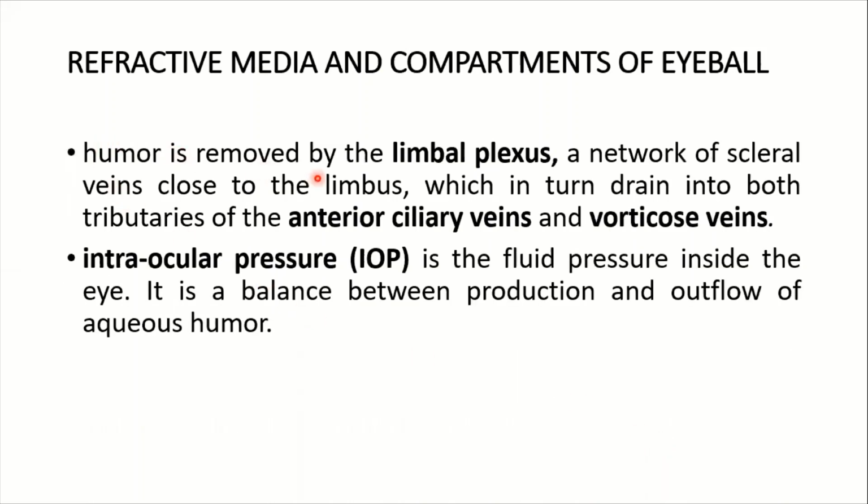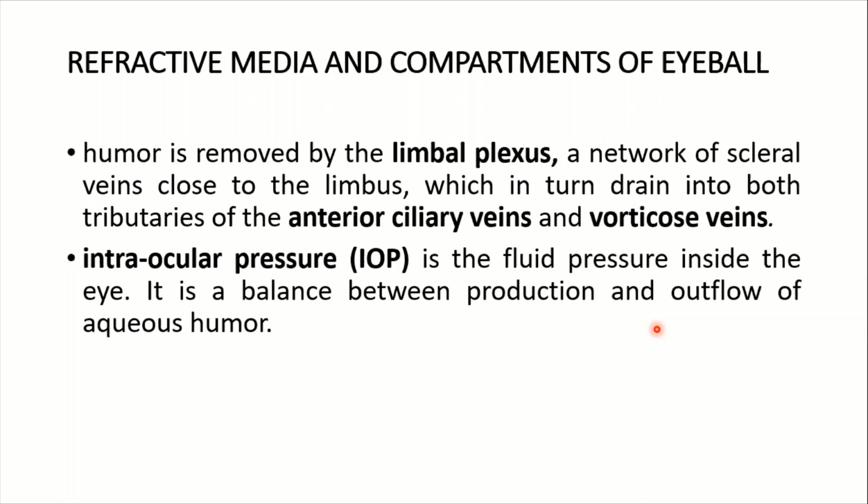The humor is removed by the limbal plexus, a network of scleral veins close to the limbus, which in turn drain into both tributaries of the anterior ciliary veins and vorticose veins. So what is the IOP, the intraocular pressure? It's the fluid pressure inside the eye. It is a balance between production and outflow of aqueous humor. So if the pressure is increased, that will